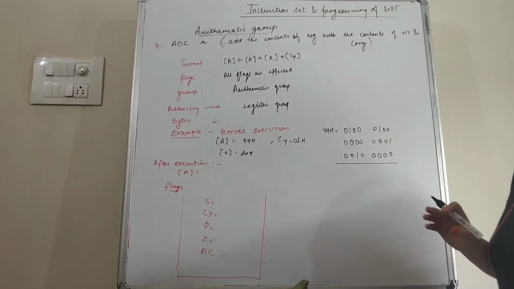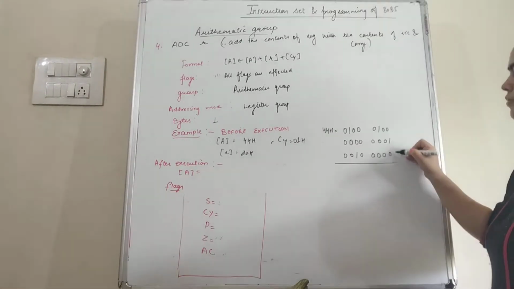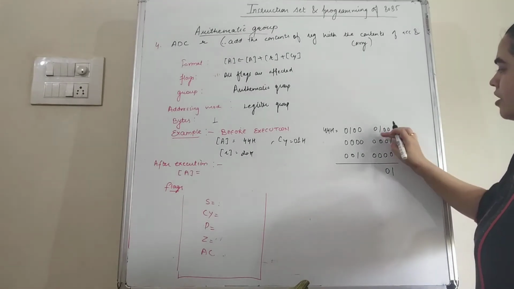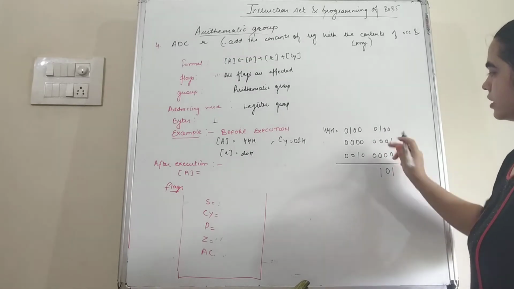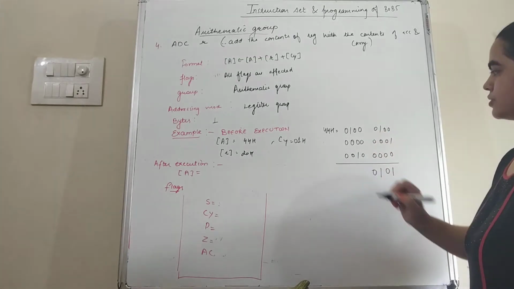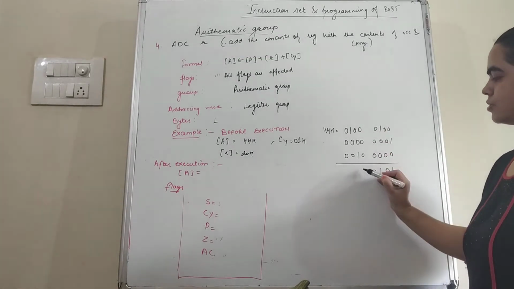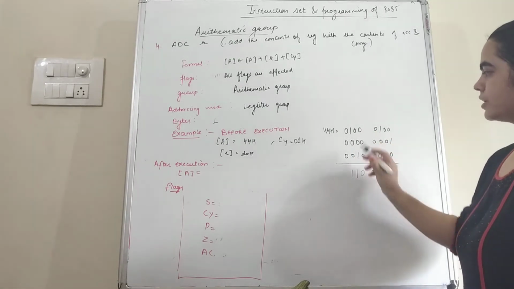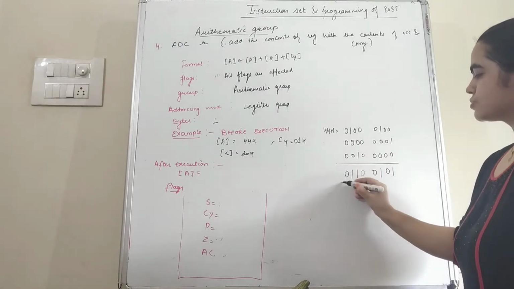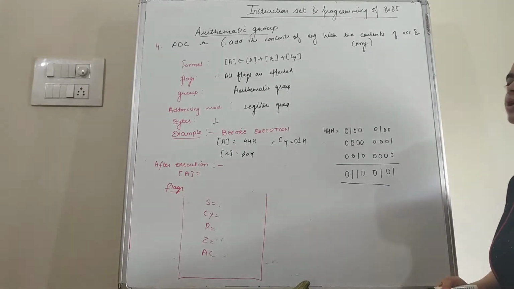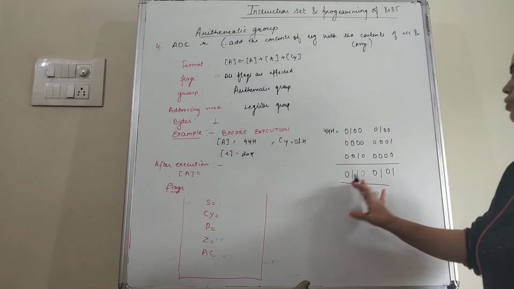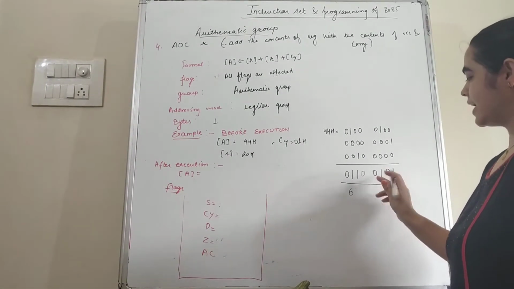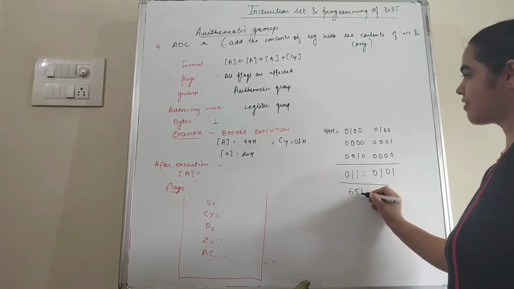So we can add these three numbers. So 0, 1 and 0 is 1. 0, 0 and 0 is 0. 1 plus 0 plus 0 is 1. 0, 0 and 0 is 0. Again 0, 0, 0, 0. 0, 0, 1, 1. 1, 0, 1. 0, 0, 0, 0. So this is the addition of accumulator, carry flag and the register. So this we can write as 0110 is 6 and 0101 is 65H.